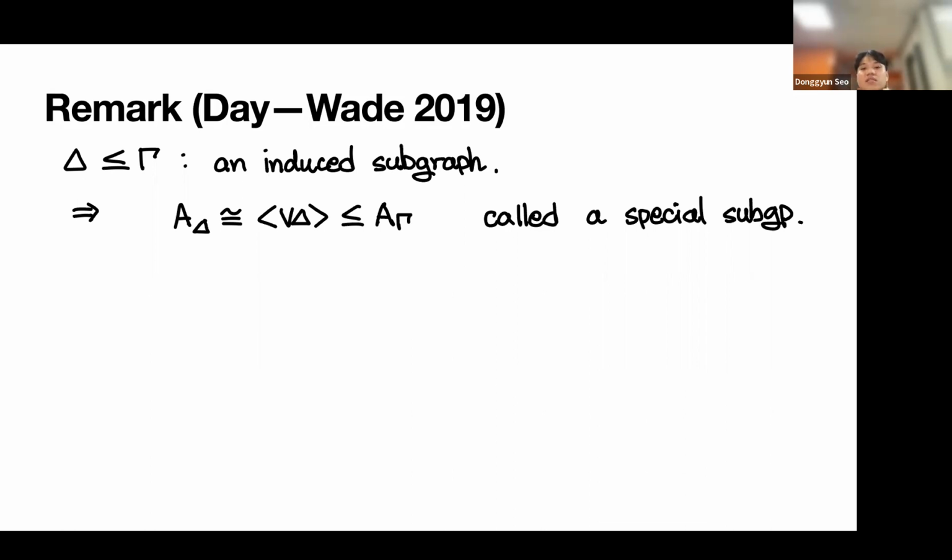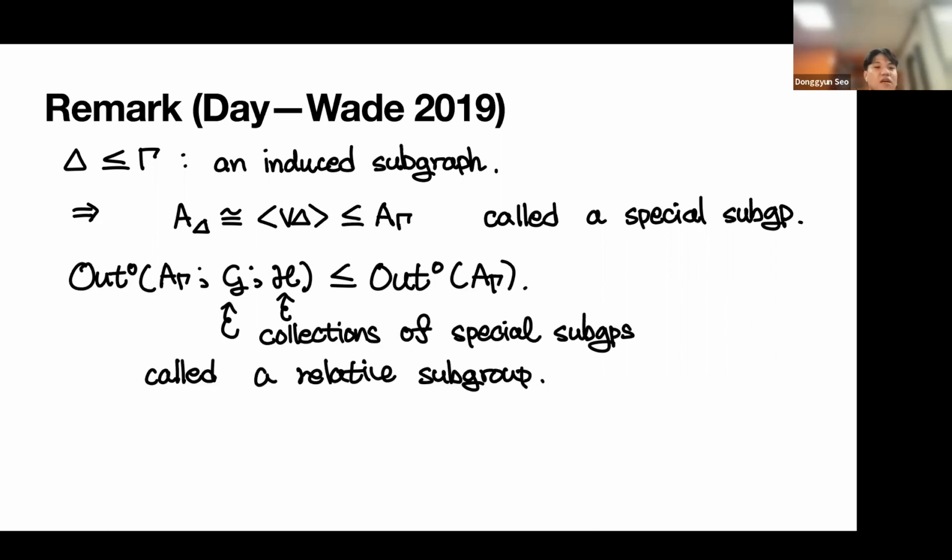Okay, so this is frequently called a special subgroup. If you know virtually special, they are different. Actually, a subgroup can be virtually special, but the virtually special ones are not necessarily special subgroups. Okay, so Day and Wade define from the special subgroups